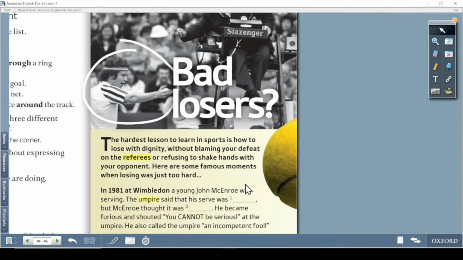Bad losers. The hardest lesson to learn in sports is how to lose with dignity. میگه که سخت‌ترین کار اینه که شما یاد بگیرین که توی اسپورت چطور ببازید، با وقار ببازید. Without blaming your defeat on the referees or refusing to shake hands with your opponents. میگه بدون اینکه blame بکنید، بندازید تقصیر رو گردن اون حالا مثلا رفری، اون همین کسی که اینجا نشسته رو